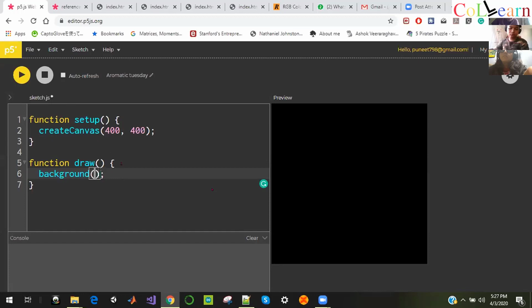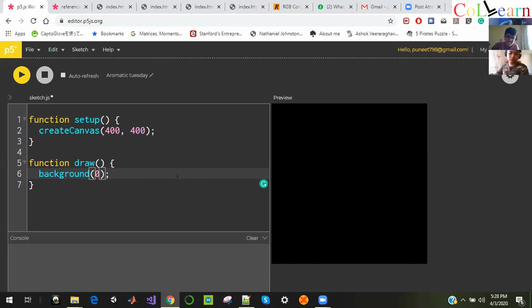What happens here is, on the left hand side we are writing the code, and on the right hand side things are changing because of the code. I'm assuming some of you know how to write code, and I'm also assuming that some of you don't, and that's why I'm going with the basics. Now in this background, write any number between 0 and 255.